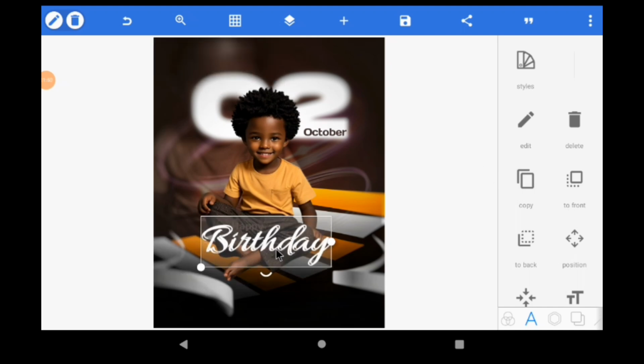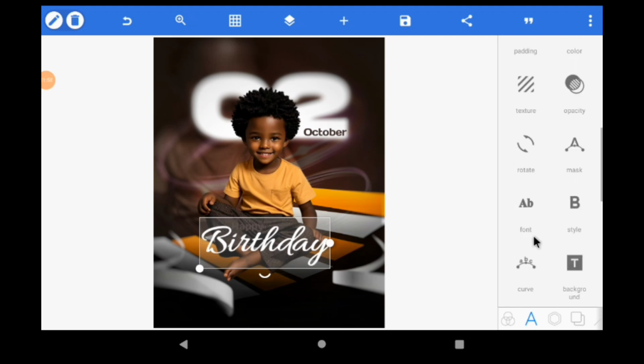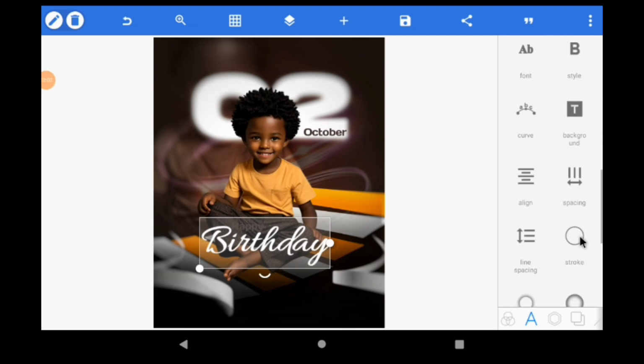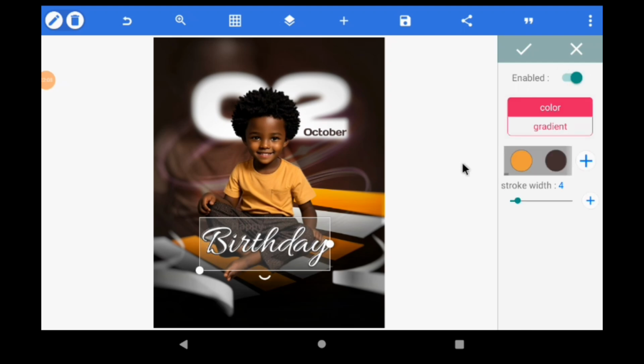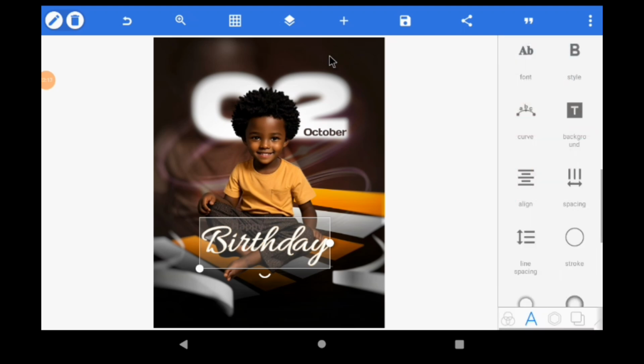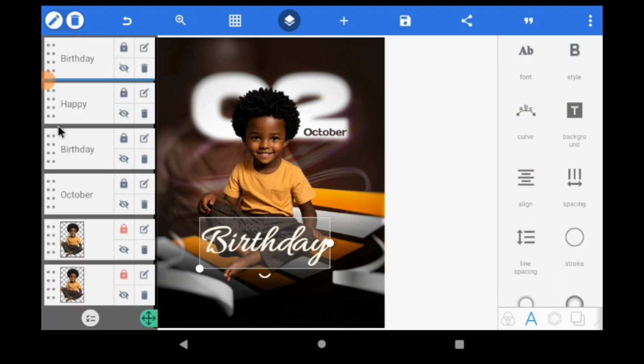Okay, something like this. Then I'll go to stroke. Go to stroke and add some small stroke to it. So I'm going to add this color, and I'll reduce it like this to 1. Alright, this is fine. Now I'll click on the layer underneath, which is this layer, and I'll add some shadow